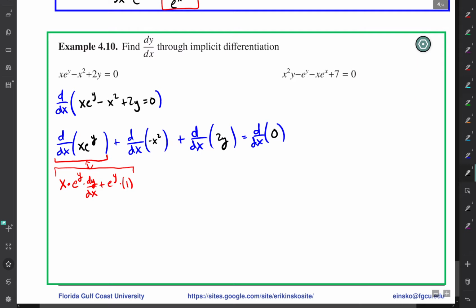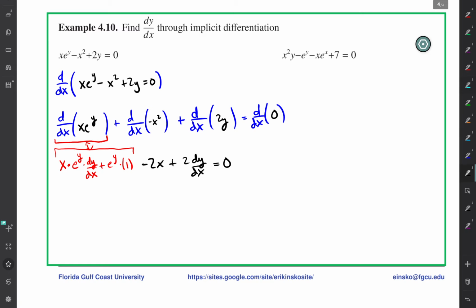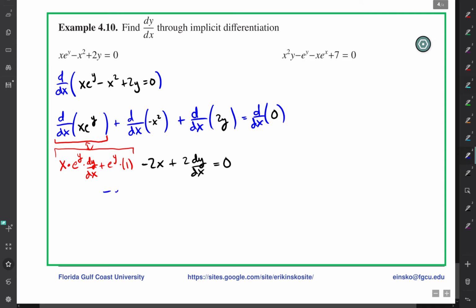Okay, and then we have the derivative of negative x squared is easy. That's just minus 2x. The derivative of 2y is going to be 2 dy/dx, and then the derivative of 0 is 0. So that bit was easy too. And now what we want to do is get all the dy/dx's to one side, because we want to solve for that, and everything else that doesn't have a dy/dx we want to put to the other side. So I'm going to subtract the e^y, and I'm going to add the 2x to the other side. So I have minus e^y plus 2x. I move those over to the other side, and I'm left with